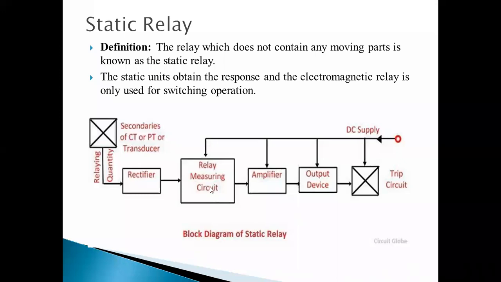Then its output is given to the amplifier. The amplifier is used to increase the value, because when we are using current transformers and potential transformers, whatever value of the transmission line voltage or current is decreased here for the measurement purpose. So after that measurement, the signals, currents and voltages are amplified again and given to the output device here. Here you can see in detail.